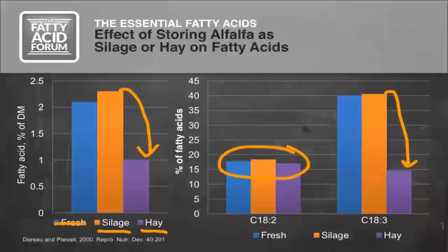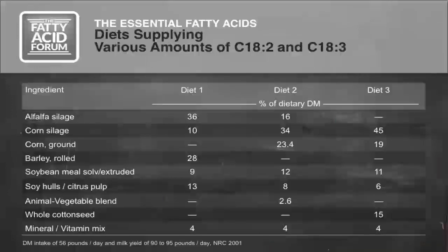And if we multiply the fatty acid content of the diet of hay, which is 1%, by the concentration of 18:3 as a percent of the total fatty acids here at 15%, we could see that the concentration of 18:3 would decrease from about 0.85% in fresh forage down to about 0.15% of the dry matter when it's made into hay. Because the dietary ingredients can vary quite a bit in essential fatty acid content, intake of essential fatty acids